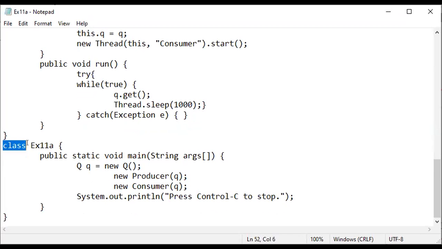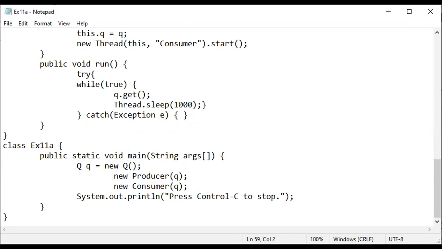Inside the main function, we created the object of the Q class, the object of the producer class, and the object of the consumer class. It is an infinite process of producing and consuming items, so to get out of it, press Control C to stop the process.